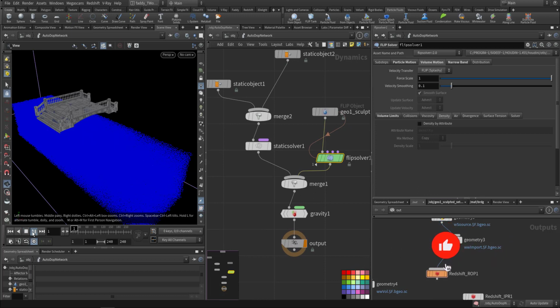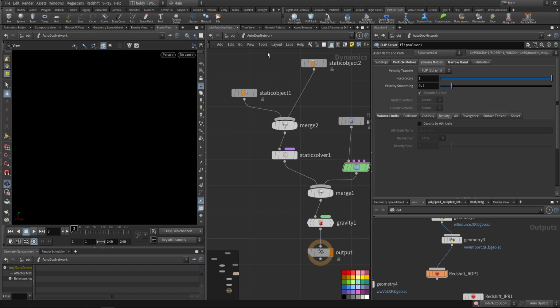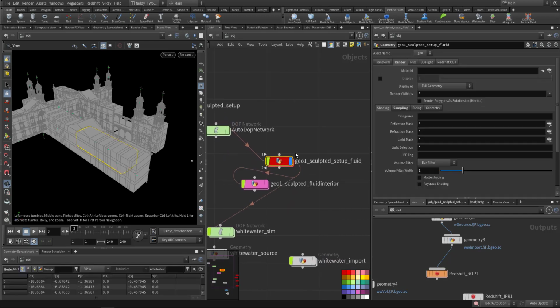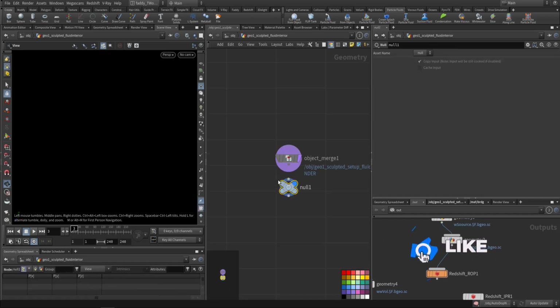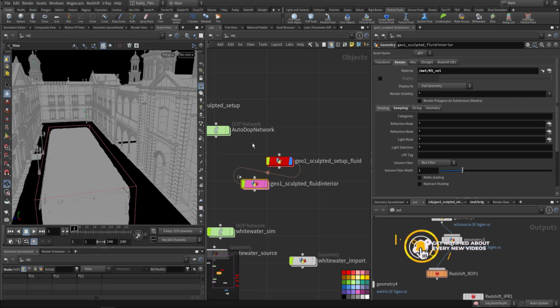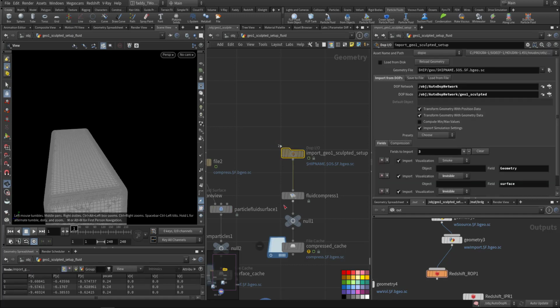So if I play it through, it will take a while. So Ctrl G, I went here and I imported here. Interior, I didn't use the interior because I didn't do a shot inside. Okay, so I went here. Inside here I imported the geometry, the fluid, just give cancel because I saved it after being compressed. Okay, so here